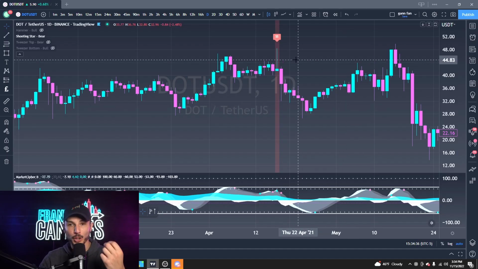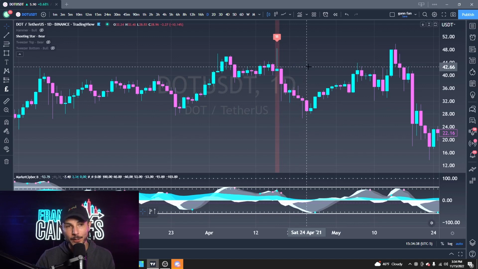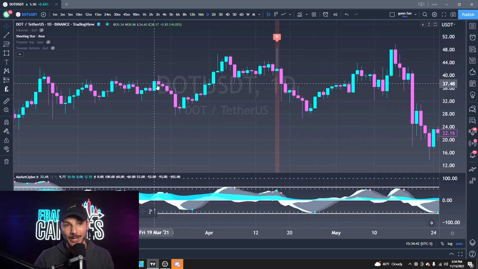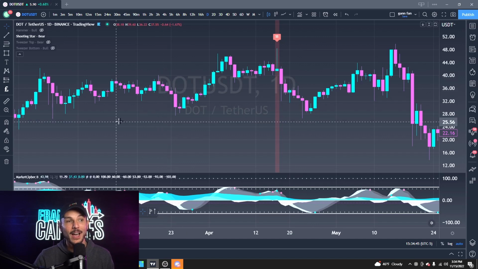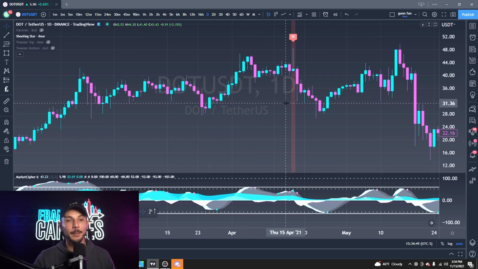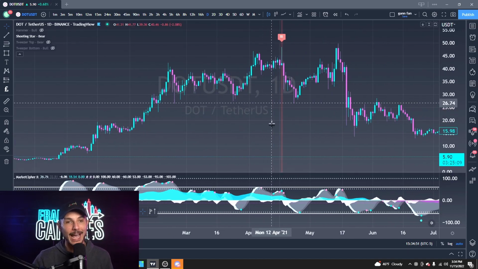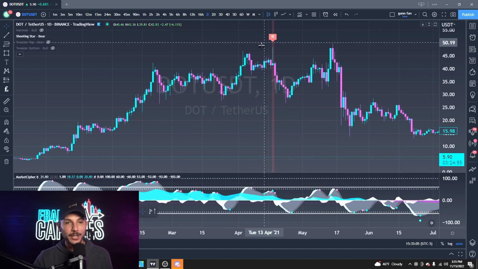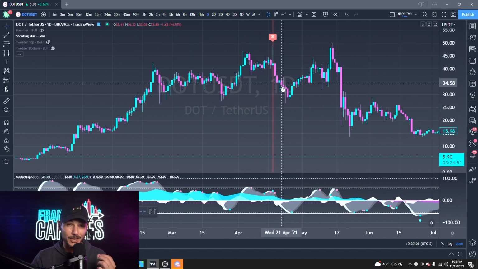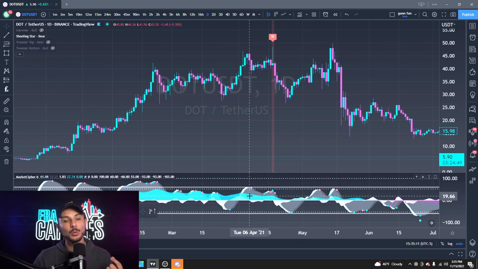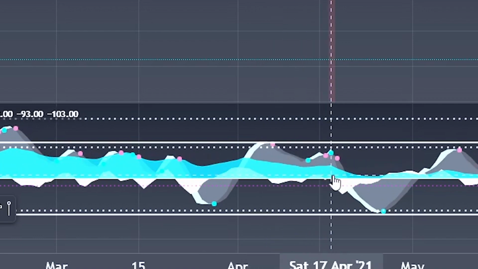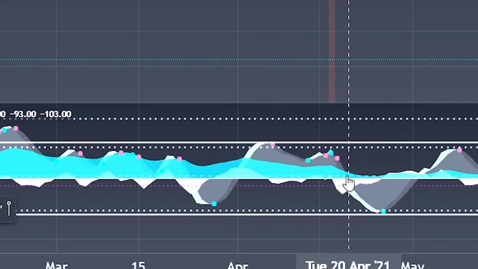Again, you don't just want to short every single shooting star candle that you see, and I could even see we do have somewhat of a shooting star candle here before this reversal. So you'll see these pop up, and the more you look at them, they'll pop out in your head. But if you look at your Market Cipher B, not only do we have the shooting star pattern indicating a potential trend reversal or a potential move to the downside, but you also have your money flow on the daily pretty clearly coming to the downside, as well as